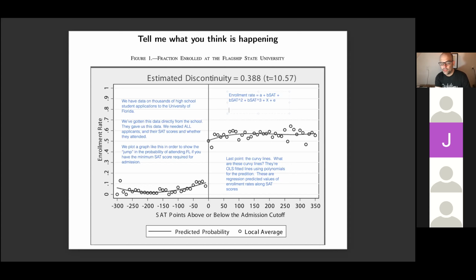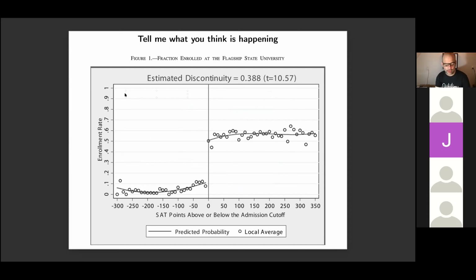And then he gets a predicted enrollment rate, and he just plots predicted enrollment rate against the SAT score. Because of these polynomials, it'll be flexible. It sort of flexibly moves in here. It looks like it's at least a cubic, because even though that's like a quadratic right there, this one appears to be more of a cubic, right? So it looks like he at least has a third order polynomial in the graph. So these are kind of the elements